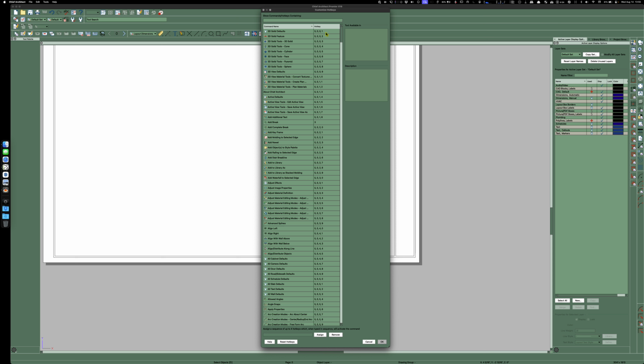And the reason why I had to go 4 digits, if I did number 3 and then another one I did number 4 and another one number 5, 3, 4, and 5 are going to be the only ones that work because this only allows the first digit. So if I had 3-1 or 3-5 or 3-6, because this is a one-digit 3, it assumes everything that starts with a 3 is already taken. As soon as I wanted to add 3-1, it's going to say this will interfere with add break,